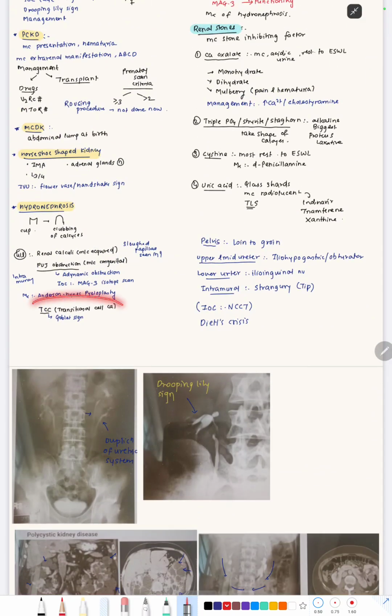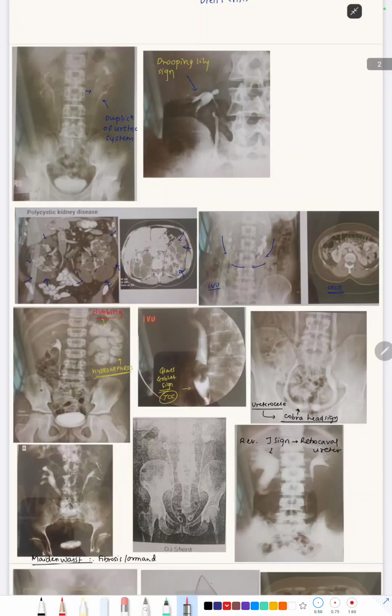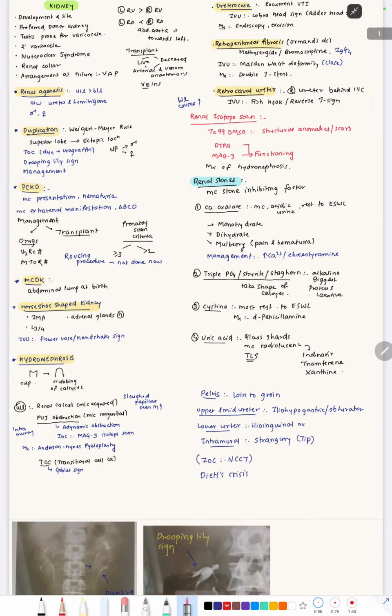Then another intramural cause is the transitional cell carcinoma, which shows a goblet sign. So over here this sign is called a goblet sign, which is seen in transitional cell carcinoma. Then